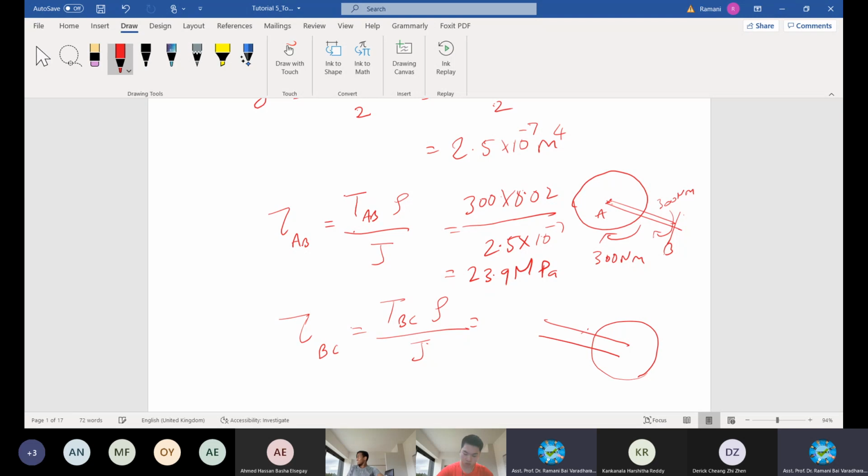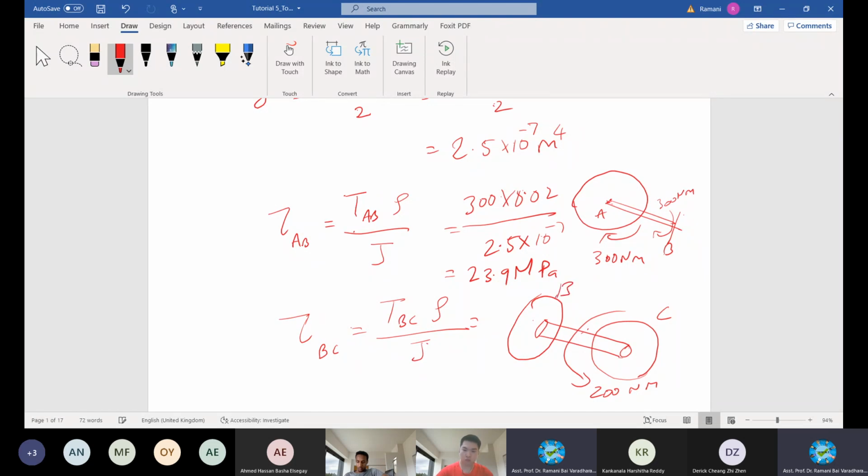Okay. At this point, there will be a shaft. The shaft is like this. This is the point with 200 Newton meter acting in this direction. This is the point at C, and this is my point at B. Am I right? You need to calculate. I put another circle here at point B. My circle is like this. This is point B.